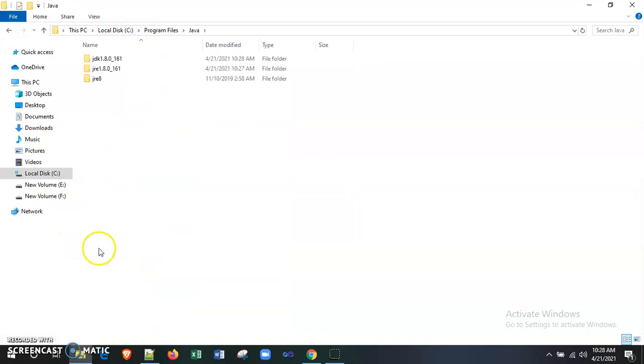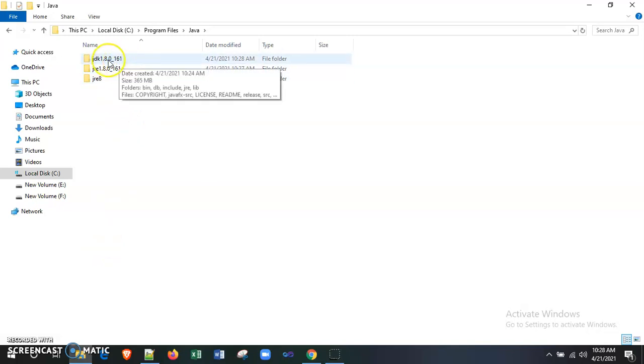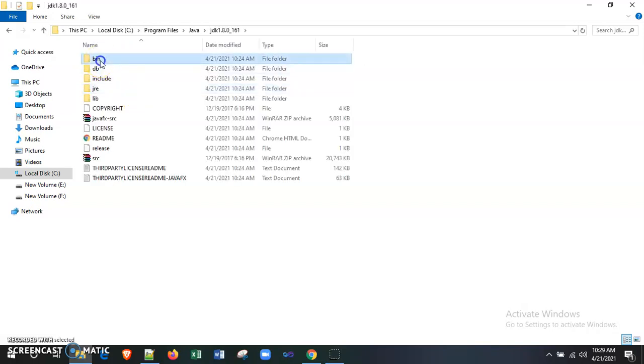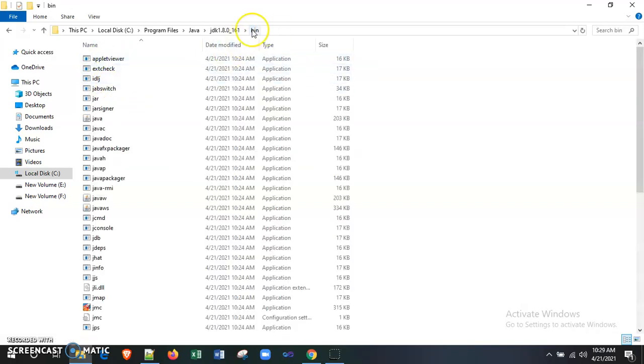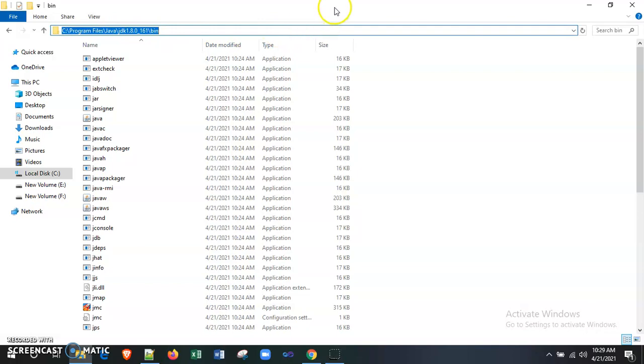Click on this. To set the environment variable, we need to copy the path up to the bin folder. Inside JDK there is one bin folder. So we require this path. Click on this and copy this path.